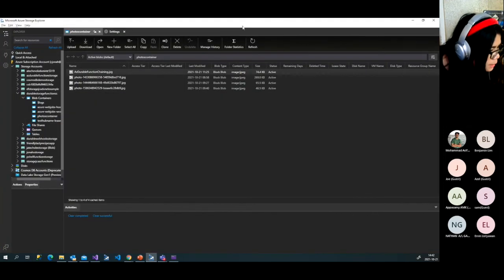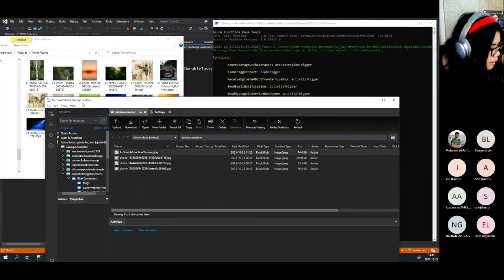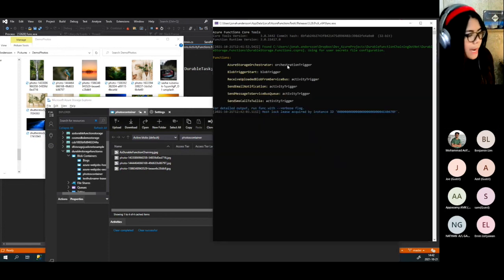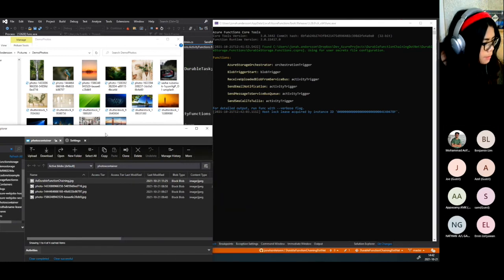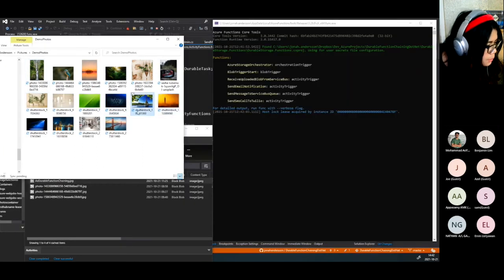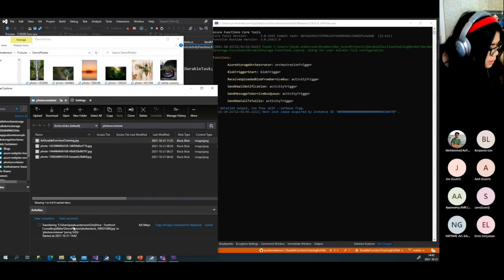I have my Azure Storage Explorer here, where it's connected to the durable functions storage within my app. So what I want is to upload one of these images that I have locally to, for example, which one is a good one? This one. So when I upload it, it should be kicking the orchestration, unless here it's transferring.